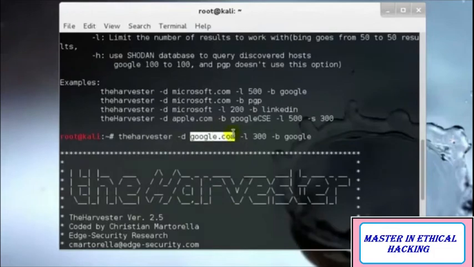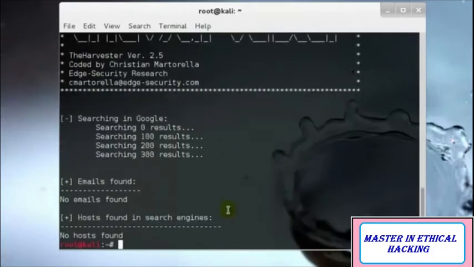So what it shows is that -d, the thing that I wrote, is the remote site from which you want to fetch the juicy information. I will limit the search to a specified number. For us it would be 300, and -l over here is the limit for the search specified by the number, that is this one, and -b is the search engine that I use. So from the above information of email addresses, you can identify the pattern of email addresses assigned to employees of an organization. As for Google, it's quite secure, so it won't show you anything,